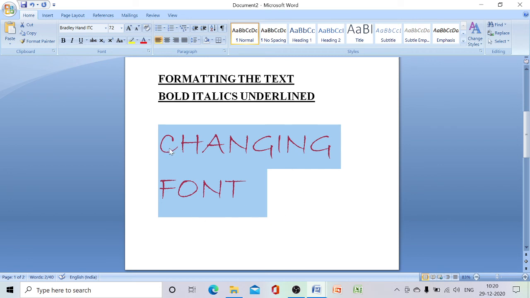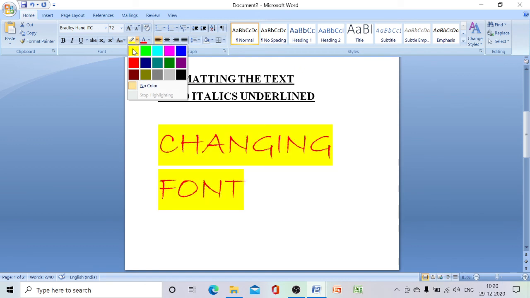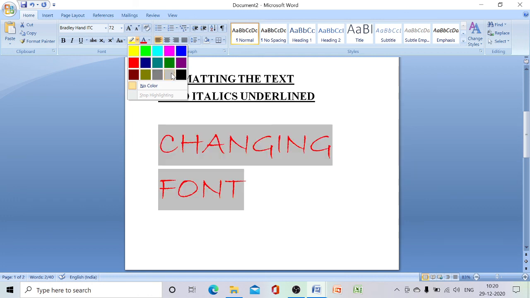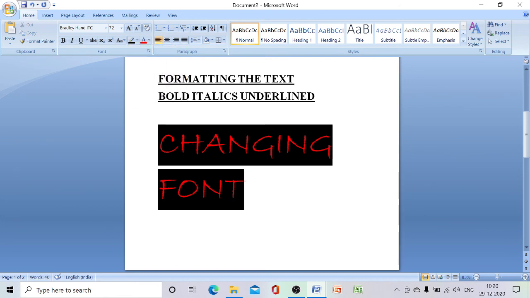Okay, we have to select the text, we have to click on the home tab. Near the font color you can see here text highlight color. So we have to click on this text highlight color. From this we can choose any one of the highlight options. Can you see this? So from this let us choose one highlight option.